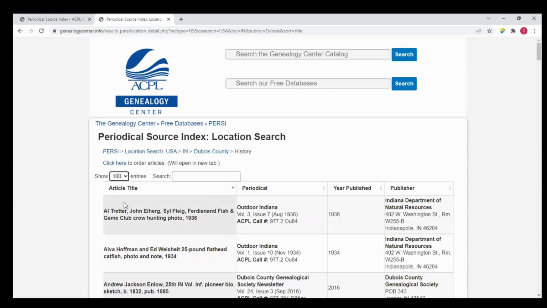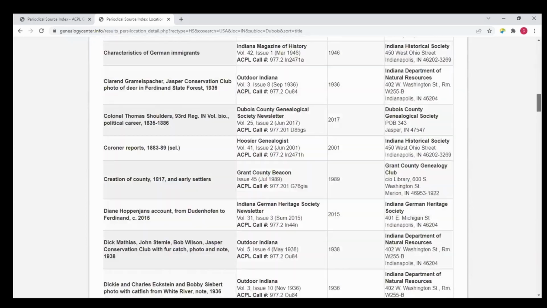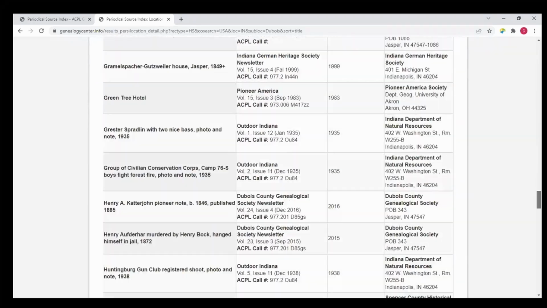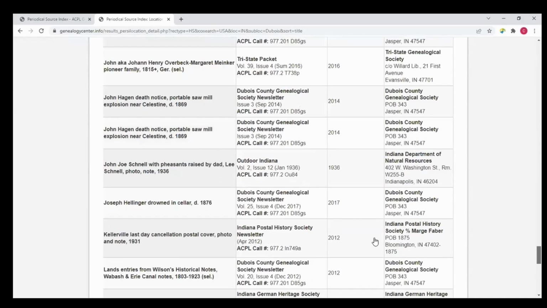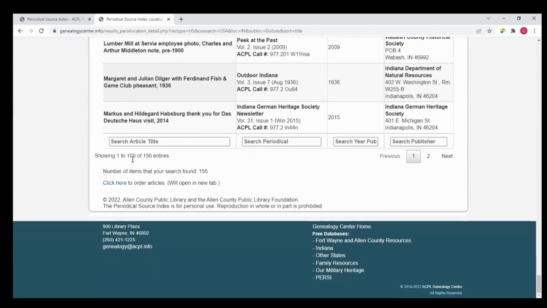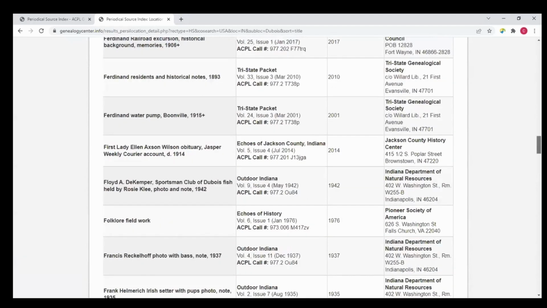So if I click on 100, you don't see anything change on what's viewable on your screen. But now our scroll bar has gotten longer and we have the first 100 entries. Down at the bottom, it tells you showing 100 of 156. Then it always tells you the total number of items that your search found is 156. So you're always in the driver's seat, at least a little bit.